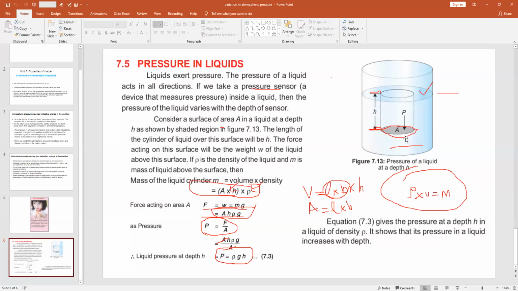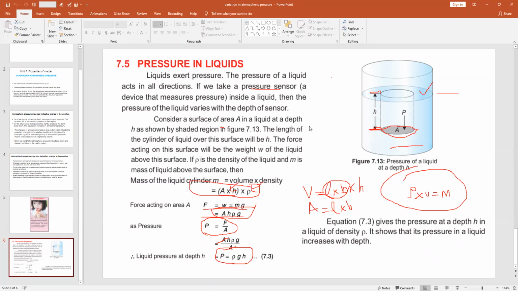So we have just taken this area that is shaded over here, right? Then you have to measure the depth from the surface of the liquid to that area, and that we have represented by h. The pressure is exerted in a downward direction. First of all, we have to know the density of a liquid. The density of a liquid has the same formula as simple density: density is mass per unit volume. For the density of a liquid, we represent it by rho instead of d, which looks like a p. So rho will be equal to m by v.